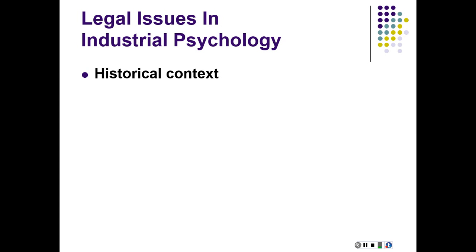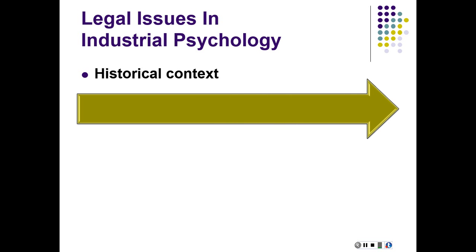Okay, so legal issues in industrial psychology. Let's go through the history of industrial psychology and some issues having to do with legalities. Before the 1960s, there really were no laws about employment discrimination. There was a laissez-faire attitude towards employment, and you were employed at will, and you could quit at will, and your employer could fire you for whatever reason they felt like firing you, or choosing not to hire you